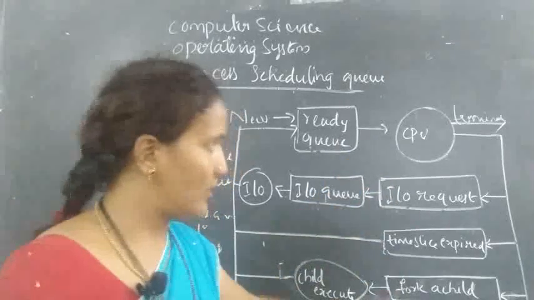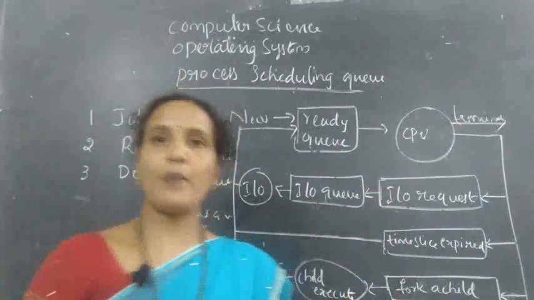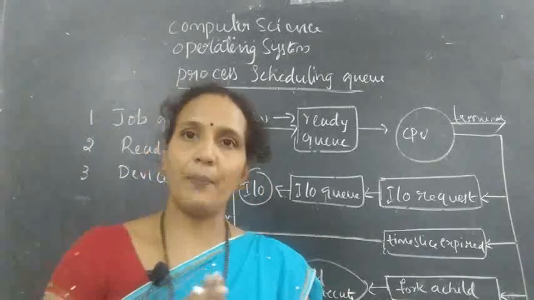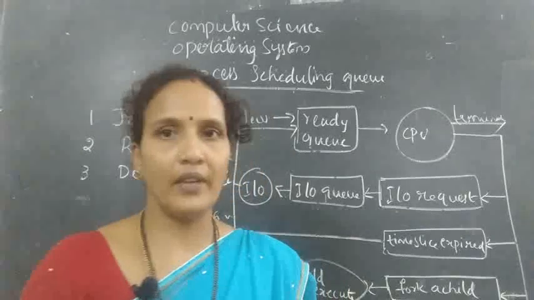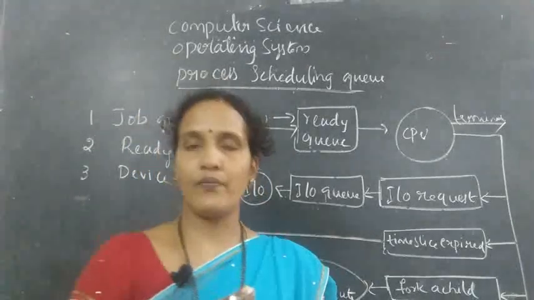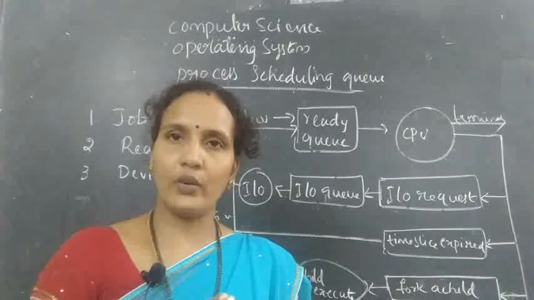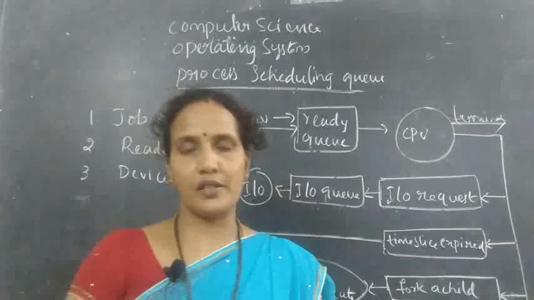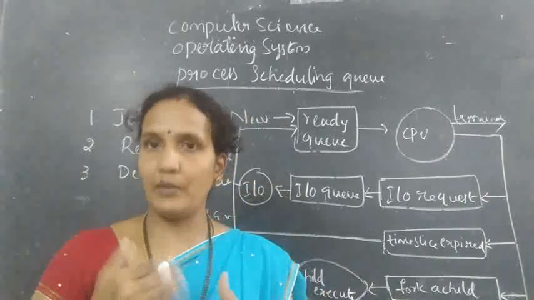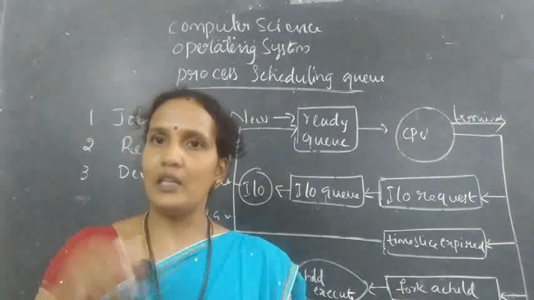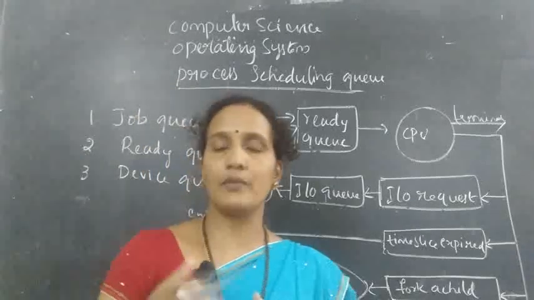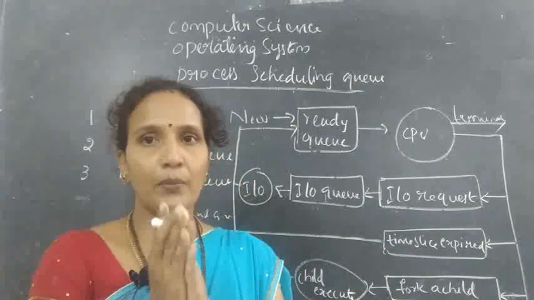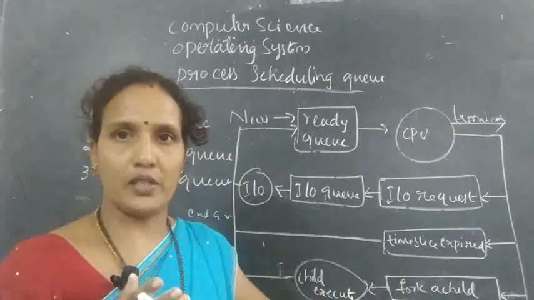Now come to the third condition. While executing, a process wants to create a child process. For example, average is a parent process. To calculate the average, we need a total. So in real time, total is called a child process and average is called a parent process. But if the parent wants to complete its execution, what happens? The child process should complete its execution first, because to calculate the average, you need a total. That total program is given to a child process.